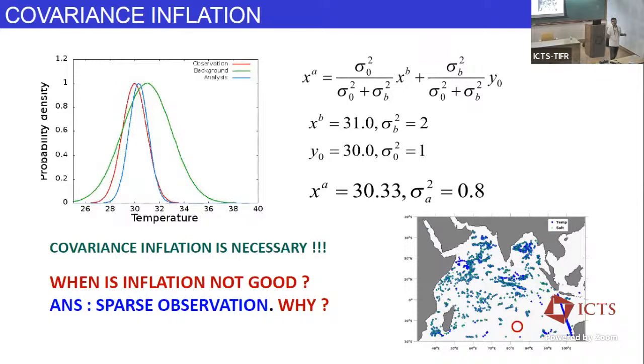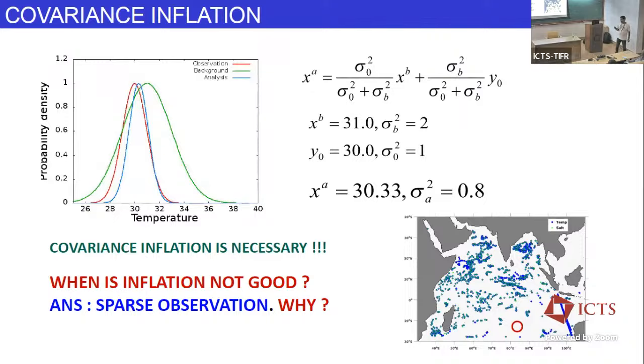And how is it going to radiate? Through some spurious waves. And these spurious waves are then going to contaminate your entire domain, because waves are not localized. They are going to spread out. So these are the things that we should keep in mind. These are some practical issues that we will face when we undertake assimilation in numerical weather systems or in oceans.